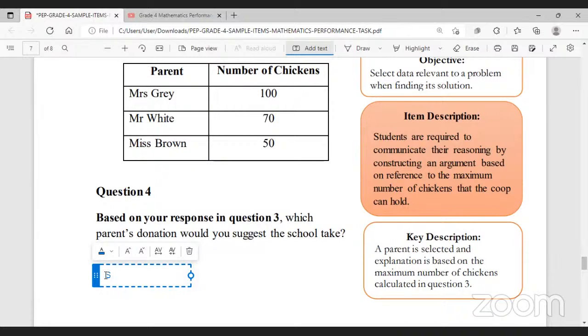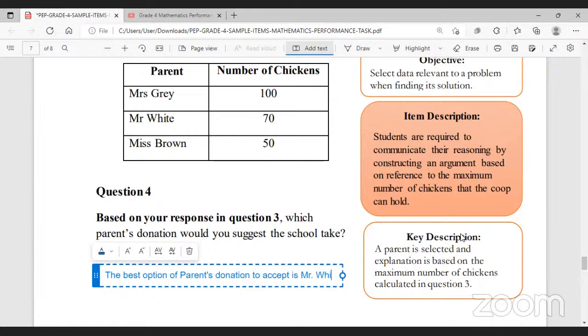So I can say the best option of parents' donation to accept is Mr. White, because, let me just keep it very simple, because